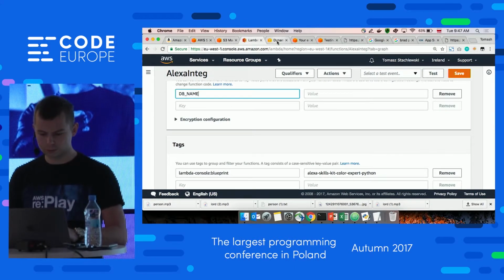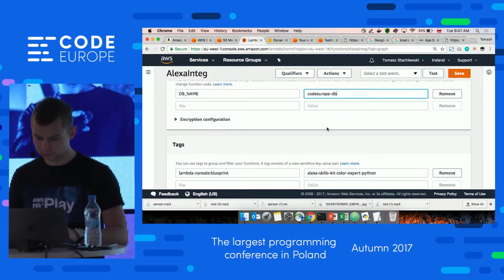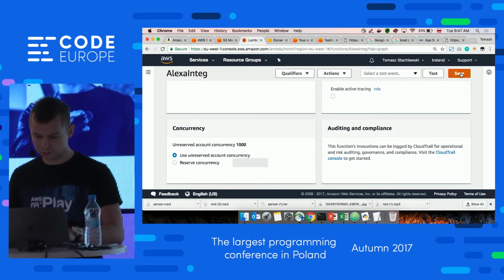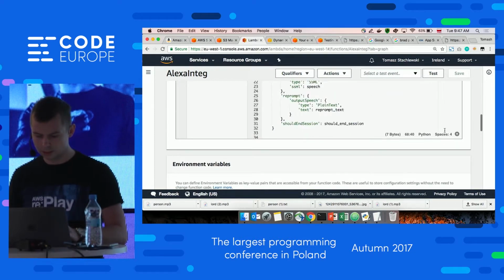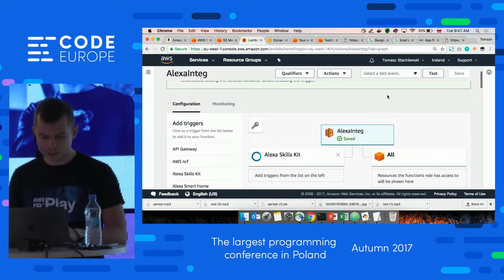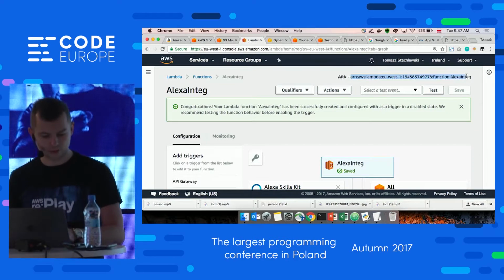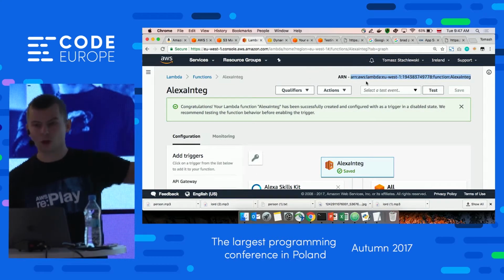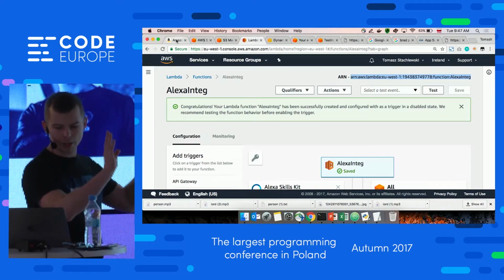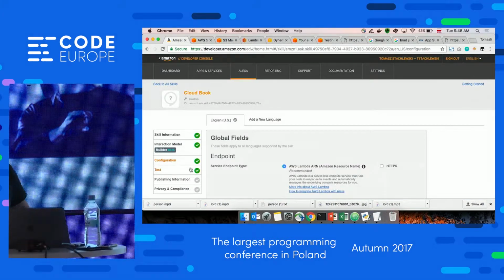So code. Okay, extend it to 1 minute. Let's save it. And this is the identifier of my Lambda. So inside the skill itself, I'm saying connect with this backend. Save it. Okay. So now if everything is working.